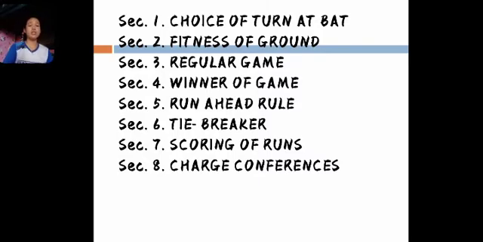Section 7, scoring of the runs. One run shall be scored each time a runner legally touches first, second, third, and home plate before the third out of the inning. Section 8, charged conference. There shall only be one charged offensive conference in the inning. This includes the batter, runner, on-deck batter, and the coaches among themselves. It is not a charged conference when a pitcher is putting on a warm-up jacket while on base, or if the offense offers while the defensive team is in conference, provided the offense is ready to play when the defense is ready.